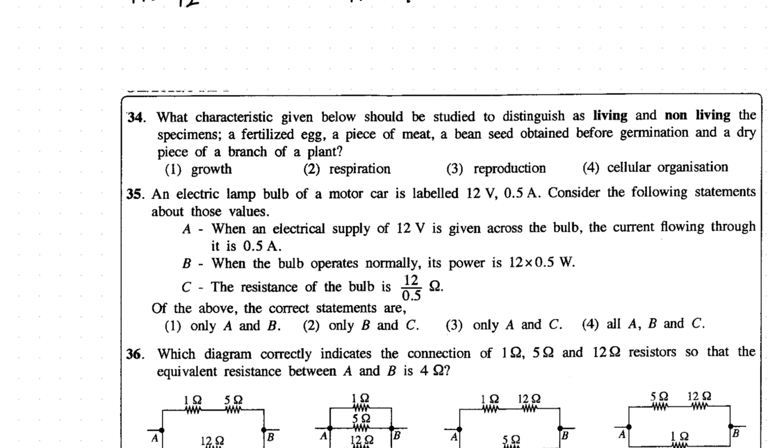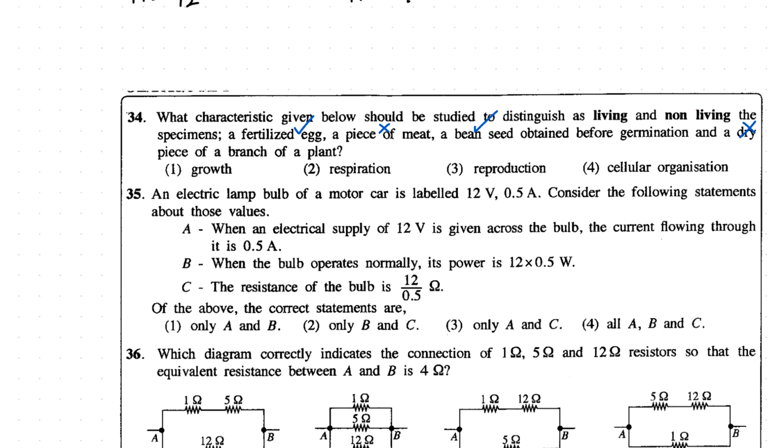Here, the fertilized egg and the bean seed are living. As far as we know, this one is living, the bean seed is living. The piece of meat is non-living. The dry piece of a branch is also non-living. The fertilized egg and the bean seed show growth, but the other two don't. However, there is going to be a problem. What is it? It is that it's hard for us to properly observe growth in the bean seed because it is obtained before